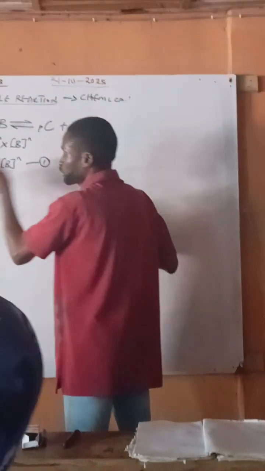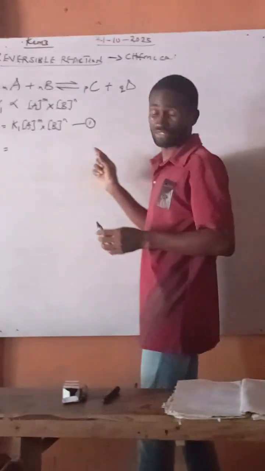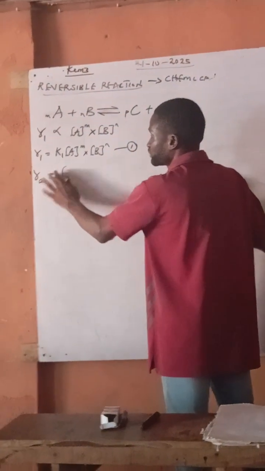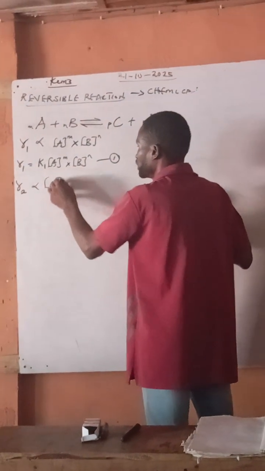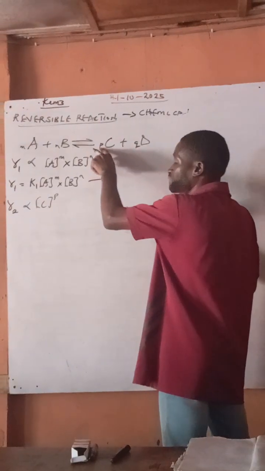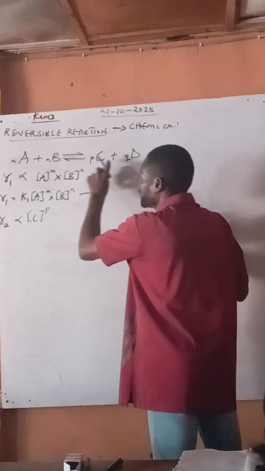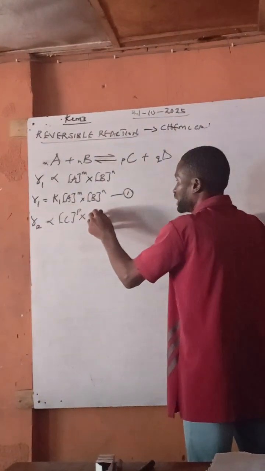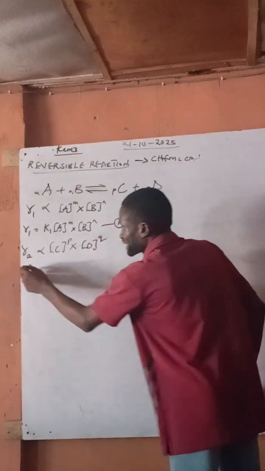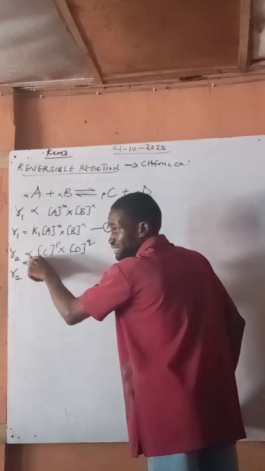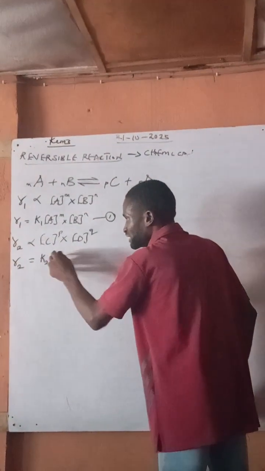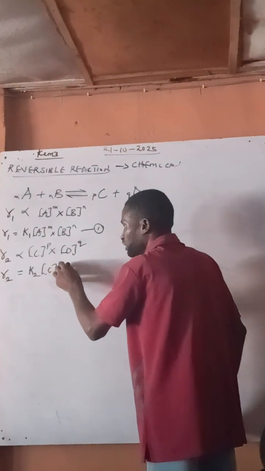R2, for the backward reaction, is going to be C raised to power P. The concentration of this raised to its power P, then plus changes to times. Then this is D, raised to the power Q. Okay? Then if I remove the variation sign, I will put an equals sign, right? Yes. I will introduce a constant again, K2. Then this is C of P multiplied by